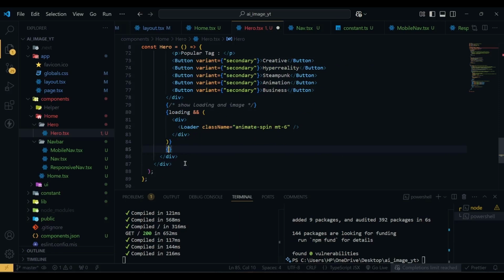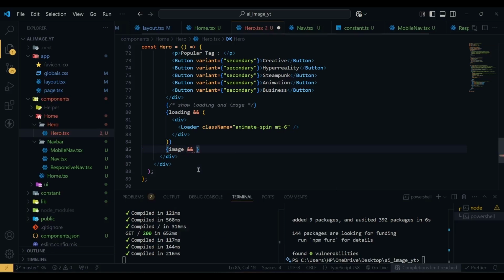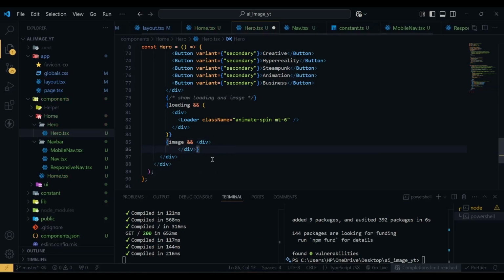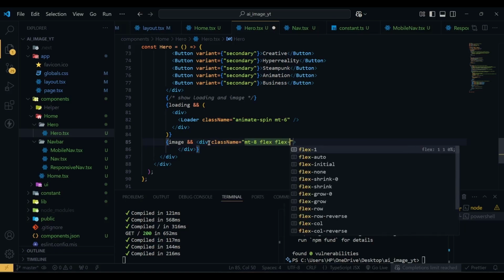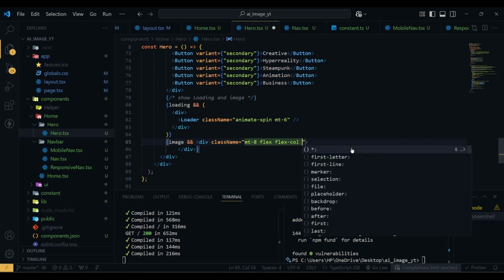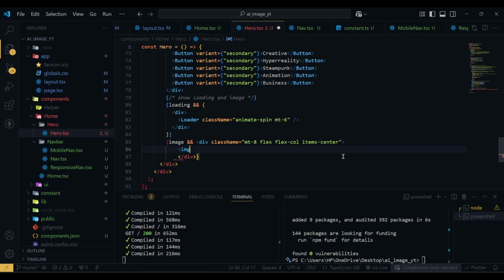And then if there is an image, then here we will have a div, and this div will have a class name of margin top of 8, flex. Flex will be in the column direction and items will be center. And then inside this div we are going to use our image tag. Here we are not going to use the Next.js image because this will cause an error because of the host. So we are going to use our normal image,